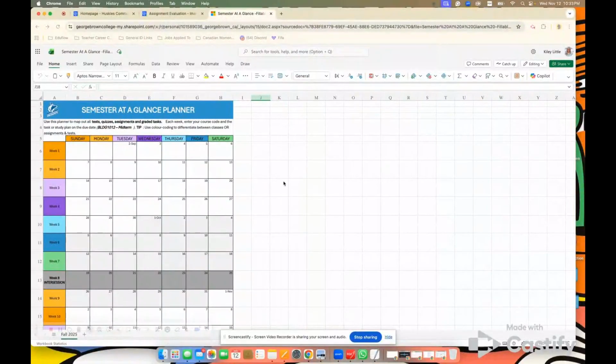Okay, hello. Today I'm going to teach you guys how to complete your semester at a glance planner. I'm going to show you how to navigate to the Brightspace page to locate the template. I'm going to show you how to download and make a copy of the template files and save it to